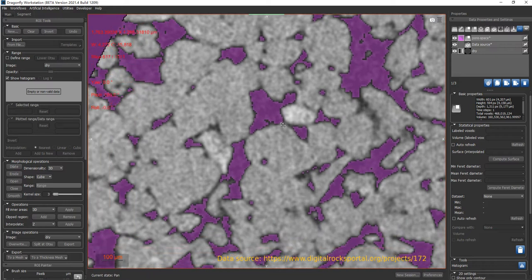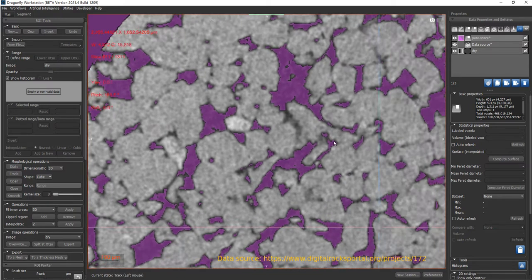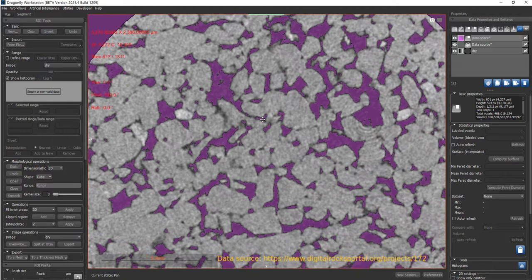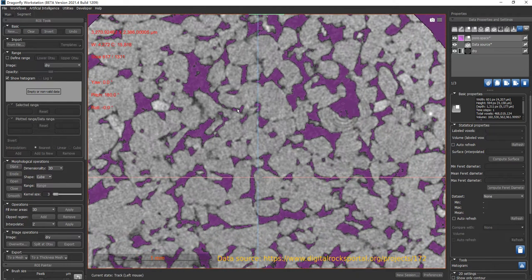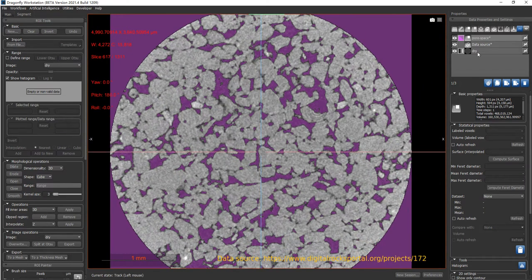So the single threshold may not work for the whole dataset. In that case, you need some advanced tools like deep learning, like watershed, or other advanced tools to create the ROI. But for this sample, we got a pretty good